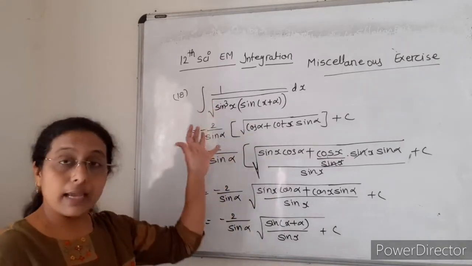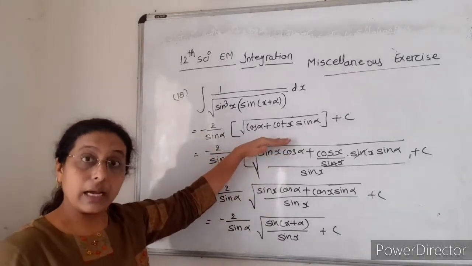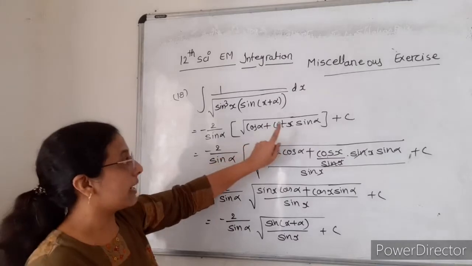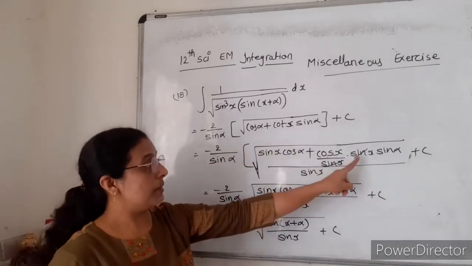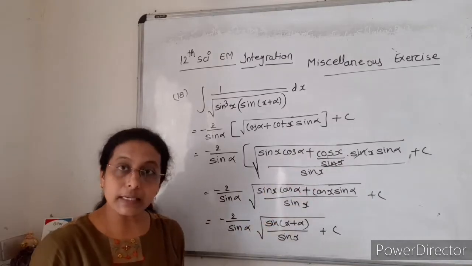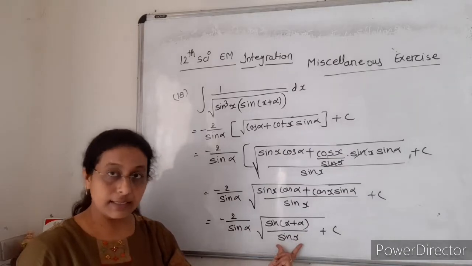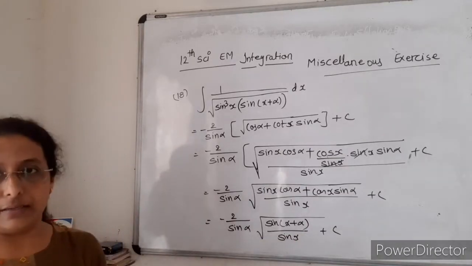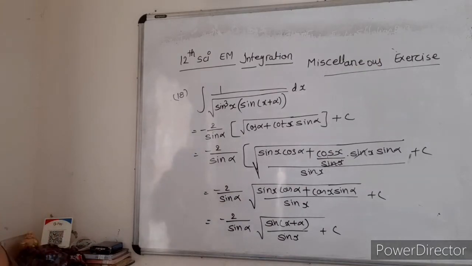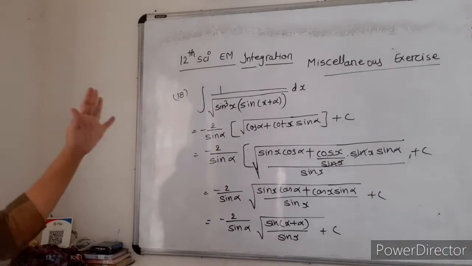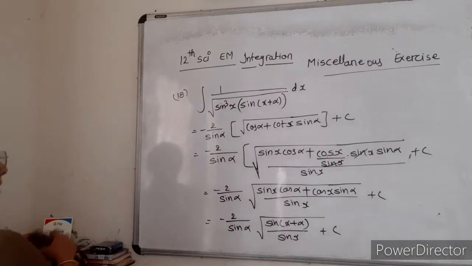Substitution done, then the whole integration done, will take this. Now if you want to simplify cot x as cos upon sin, both the terms will multiply by sin and divide by sin. Then it will become sin(x plus alpha) upon sin x. So this is our answer, right? It is a very important sum that you have to do 2-3 times to keep in mind how to do it, right? So this is our question number 18.